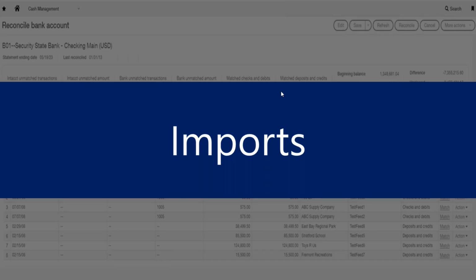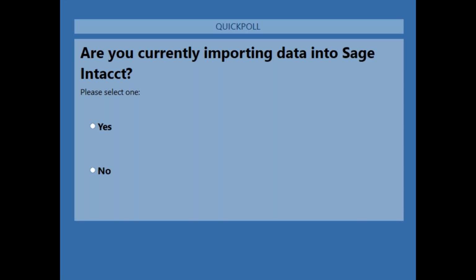But before I get started, I do have a couple poll questions I'd like to ask just to get a feel for if anybody's importing, and then another poll question as to what you may want to import. All right, I can see that live here, as everybody's recording their responses. You'll see that in just a minute. Looks like we do have a good amount once Sherry closes the poll here. I'll go ahead and close it